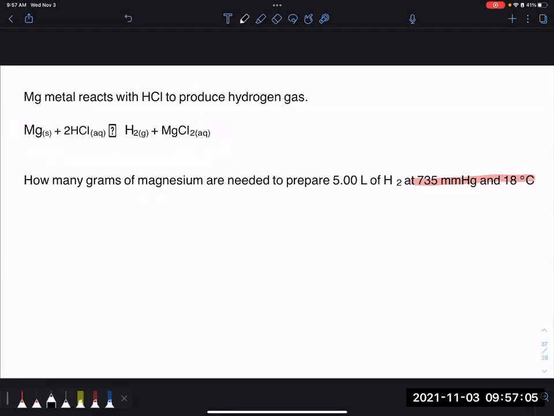So what's our solution diagram here going to be? We have liters. We're going to convert that to moles. This conversion from liters of hydrogen to moles of hydrogen is not going to be quite so simple. We're going to have to use,